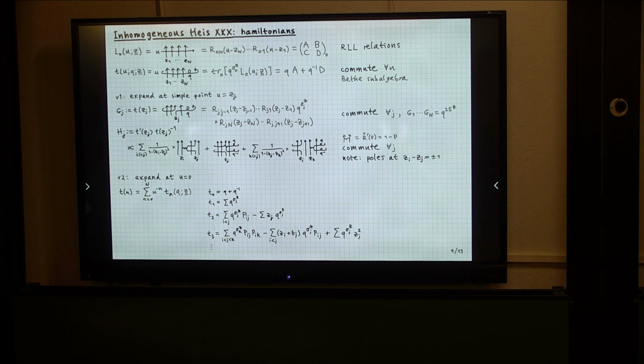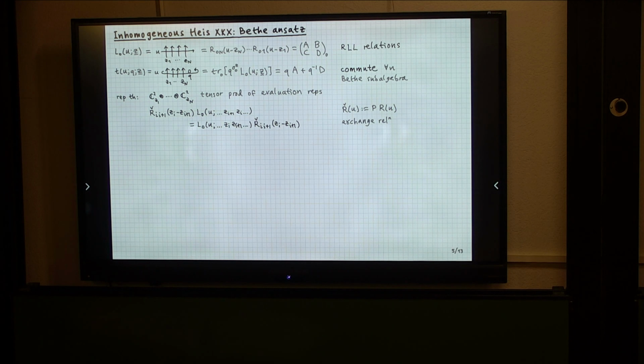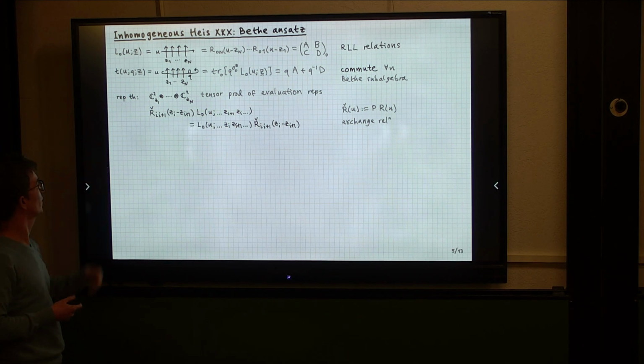All right, very good. So here we have lots of different elements of this Bethe subalgebra generated by the transfer matrix. They all commute with each other, so now we want to simultaneously diagonalize them. Before we do it, we have to be a little bit careful, because in this context of inhomogeneities, there are some subtleties with representation theory which are important for algebraic Bethe ansatz. So a little bit more fancily, all these inhomogeneities are related to taking a tensor product of evaluation representations of